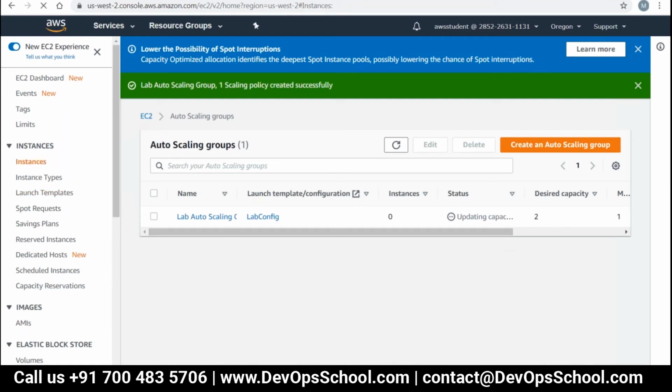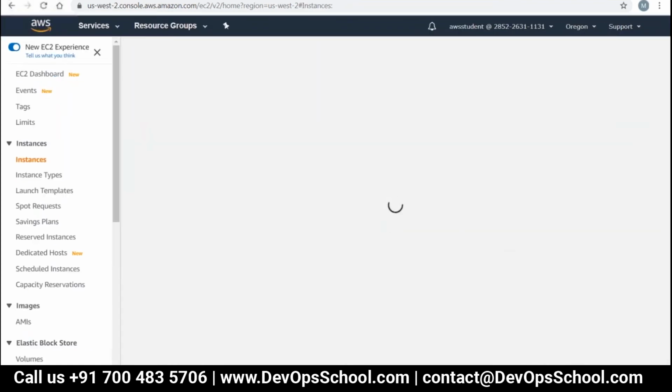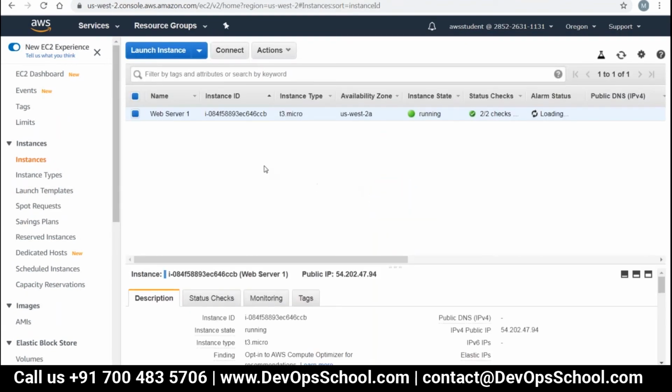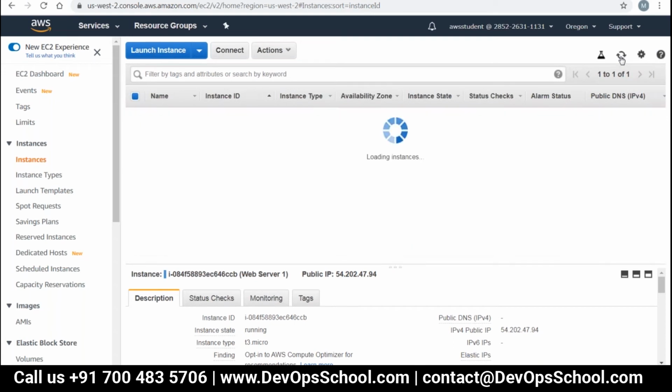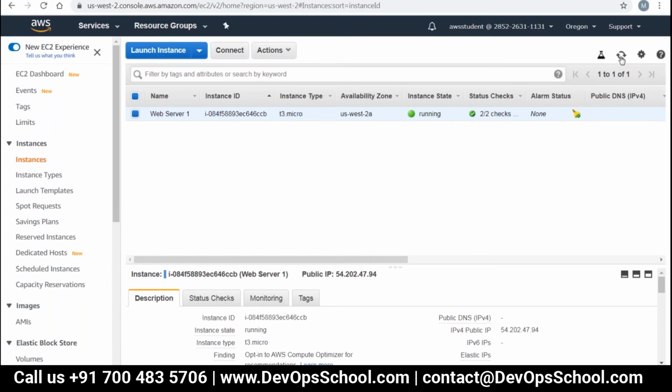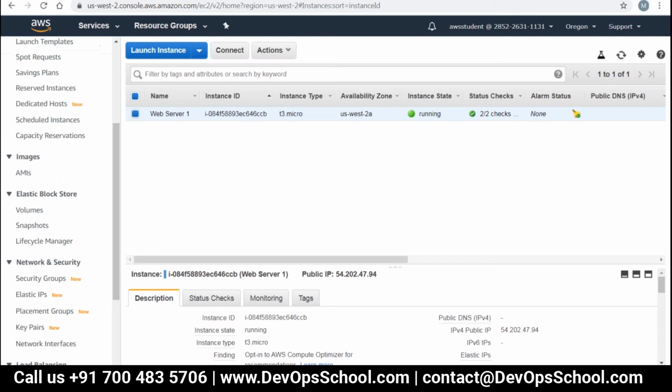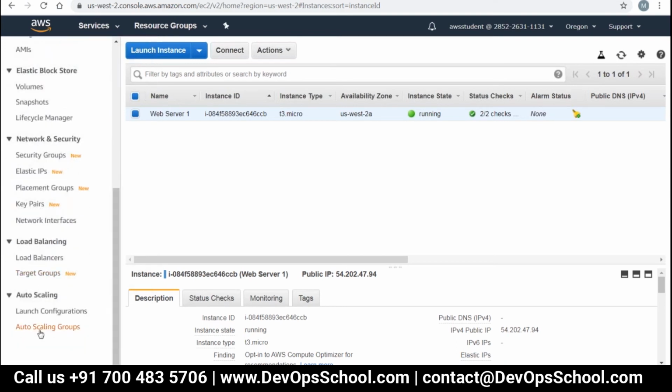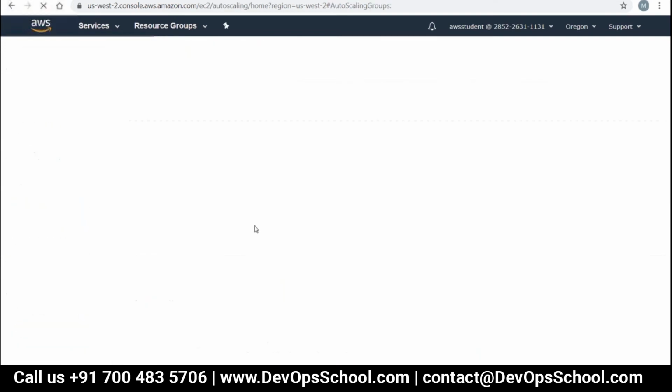Go to instances. You should see 2 instances named lab instances. Oh, now I have given it as only one, right? Start with one, minimum capacity. I had provided 2, but I see 1 here. Minimum was 1, desired was 2, and maximum I put 4.